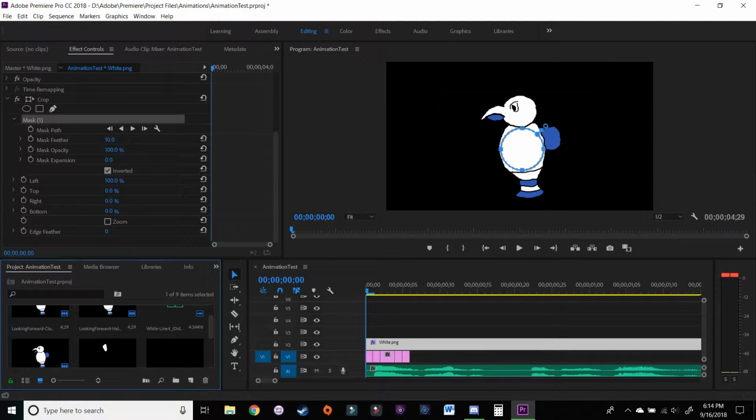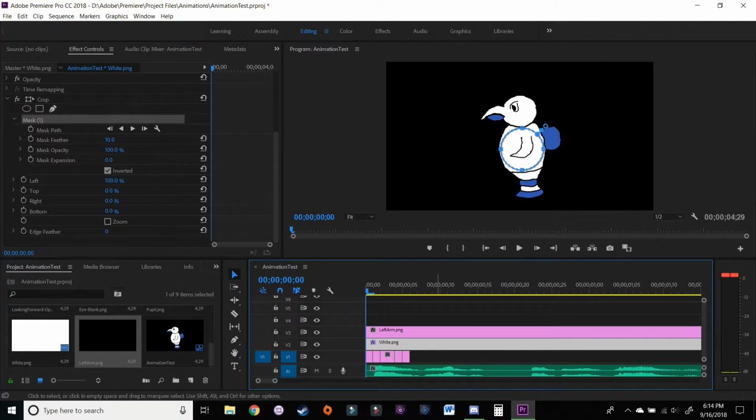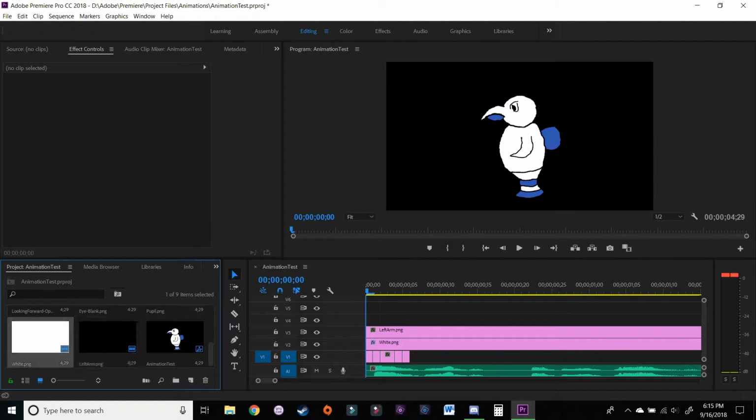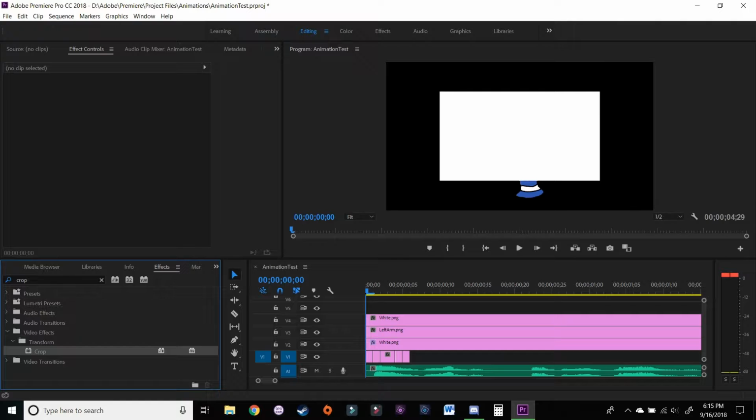Into this, and now I can grab the left arm.png and drop that in right there, so it's on top of the white layer. And something that I'll do in a minute, as you can see, we have no background. That's because each one of these images has a transparent background. Even the arm is in reality just this little outline right here, and that's why I put the white PNG right there. And now what we want to do is take another white PNG, drop it down, go into effects, put crop on it,